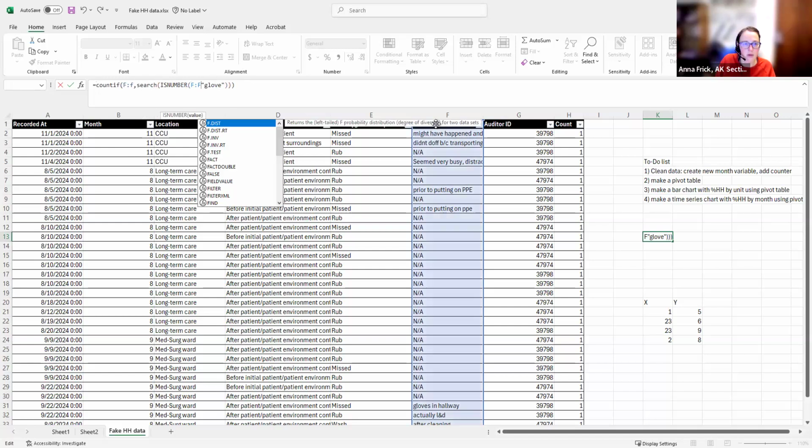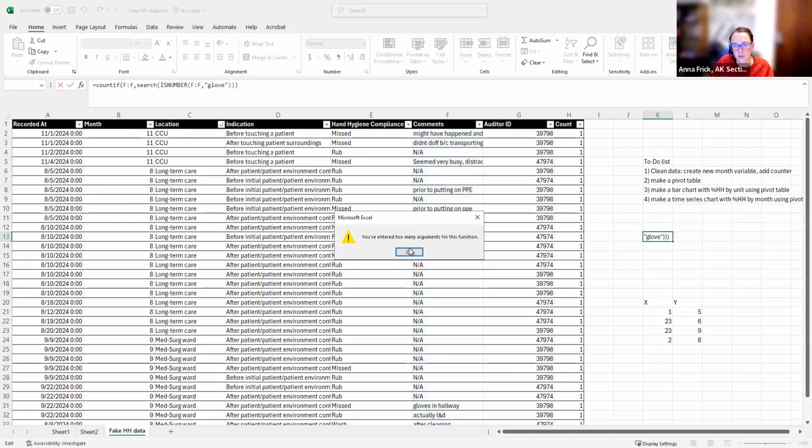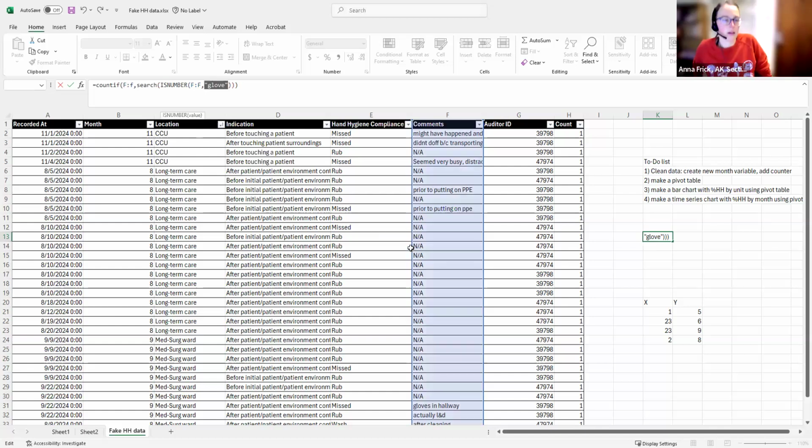There we go. No, now it's mad. Anyway, I haven't used that function in a while because I moved the report that I used to have to use it for into R, so that I would have to do this less. But the combo, if you want to look for strings, is the interaction of the SEARCH and ISNUMBER functions.